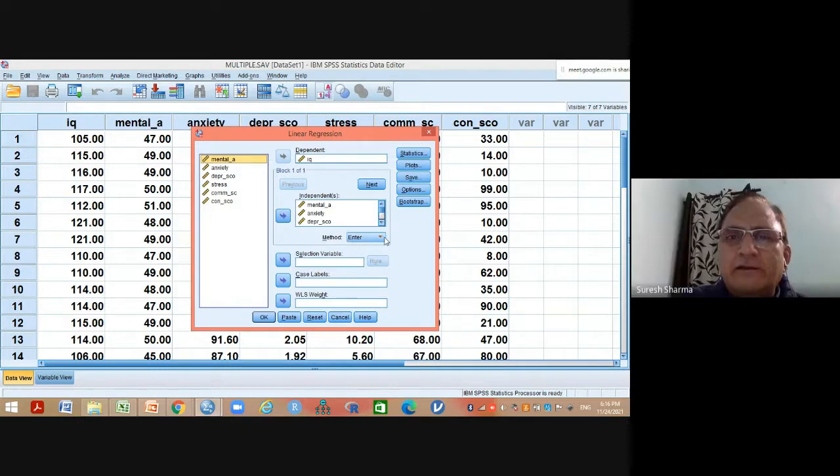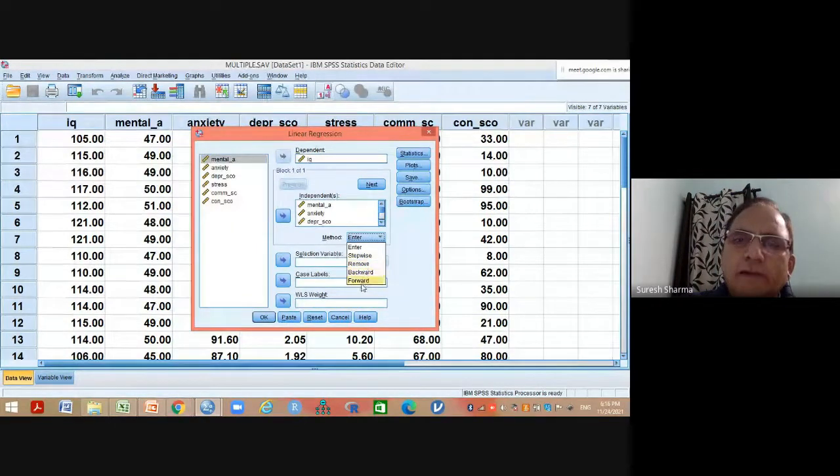So change the method from here. This is stepwise. This is the remove method. This is the backward method. There are many methods here. Forward method. Now, let me tell you, different statisticians have derived different methods. For example, there are measures of central tendency, mean, median, mode, etc. There are measures of dispersion, range, standard deviation, variance, all these. Same way, there are methods. But out of these methods, whether you apply the stepwise procedure or the forward procedure, both of them are very good, equally efficient. Their efficacy is better than the other methods.